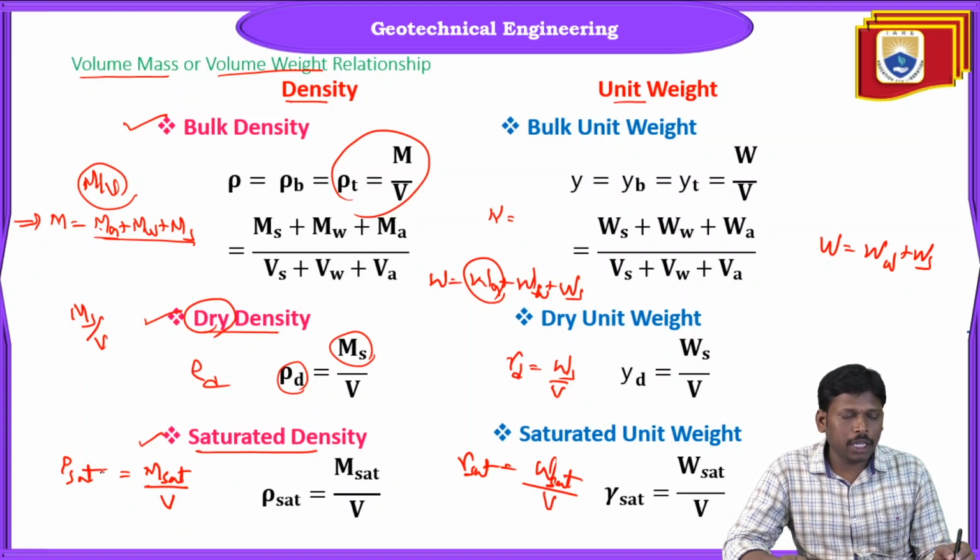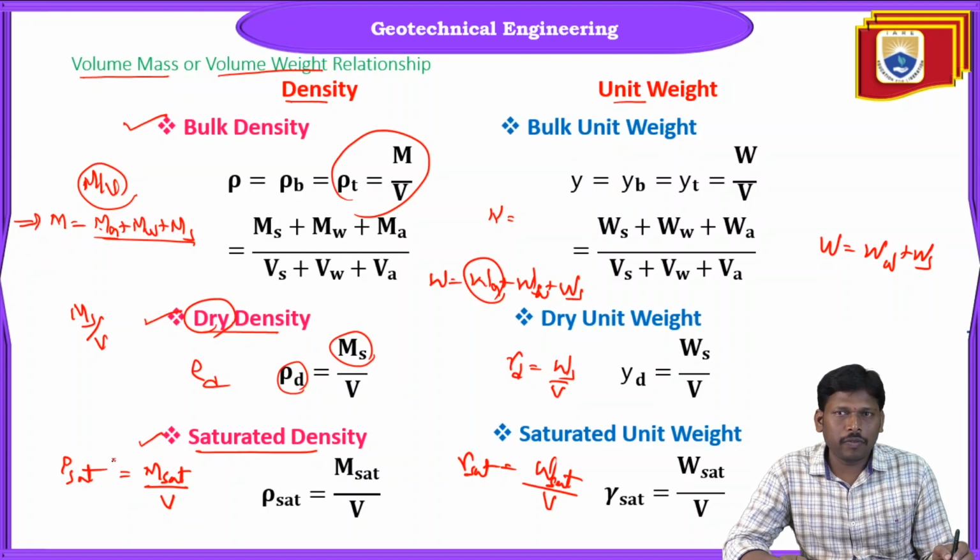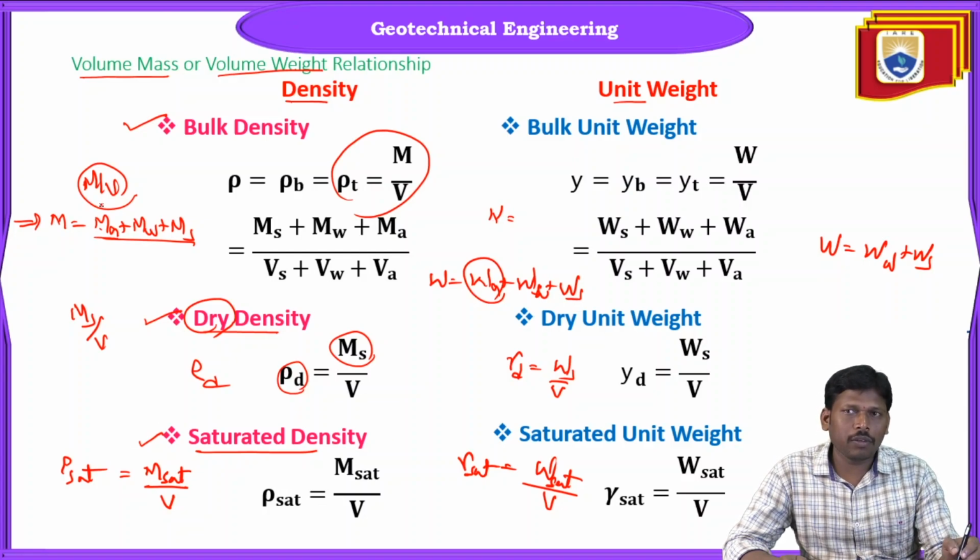This is the way of representing in terms of mass as well as in terms of density. Suppose if you take any problem, they may ask you to sometimes determine in terms of weight densities like that. So we must understand these concepts. So how are we converting from mass densities into weight densities by taking the gravitational constant, 9.81 kN